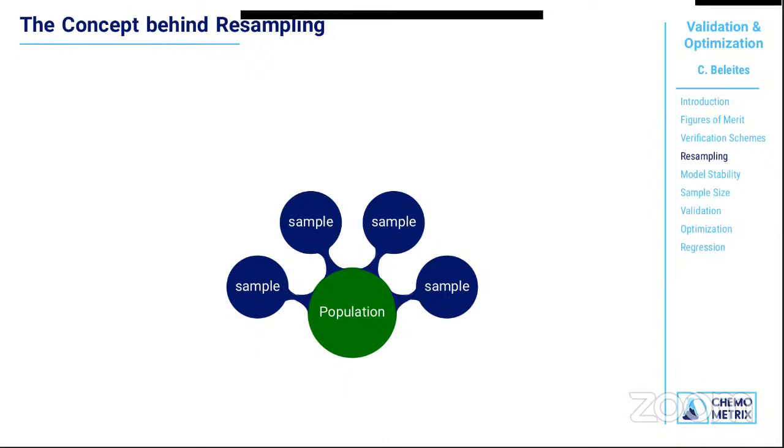You probably somewhere did take repeated measurements of something and then calculated uncertainty based on the differences you had there. And what you do here in the statistical terminology is you have a population and you draw different samples from that, calculate your, in our case, figure of merit, and then compare the resulting figure of merit for each of